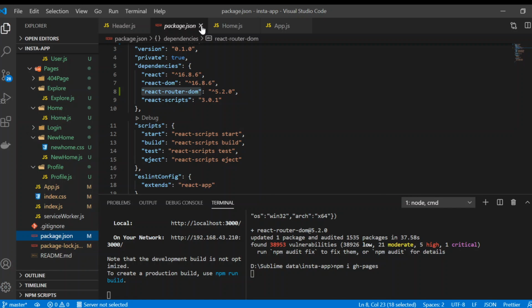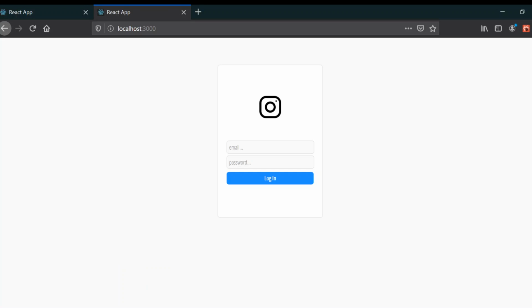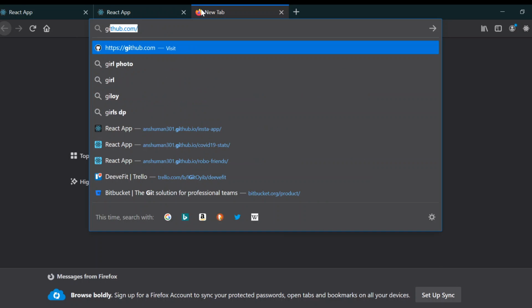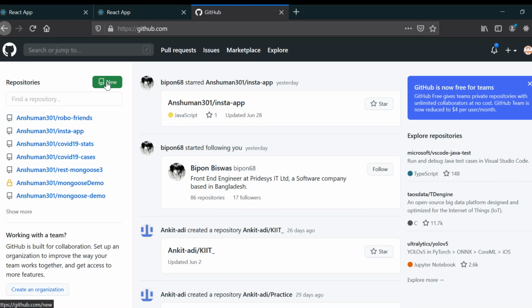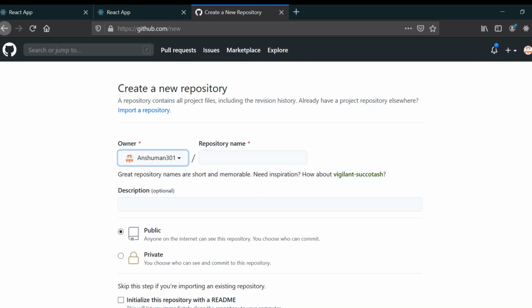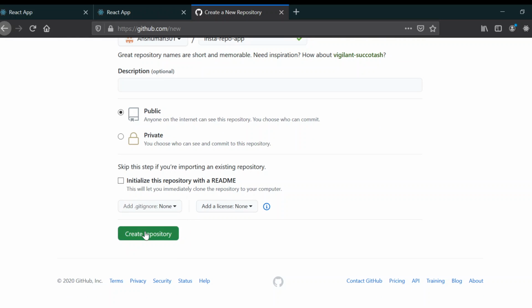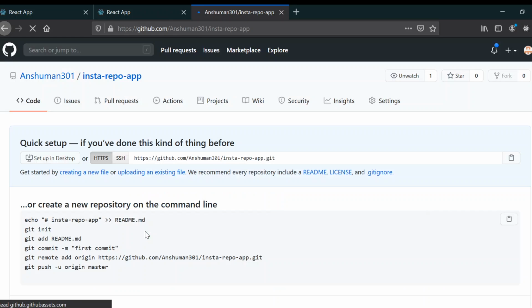So first of all, don't do this. First of all, you have to go to your github.com. So I'm just going to go to my github.com. Now in here, I'm just gonna create a new app and give the app name that you want to give. I'm just gonna give this Insta app, which already exists in my account, so I'm just gonna give Insta repo app. Okay, now I'm just gonna create this repository and just going to copy this link